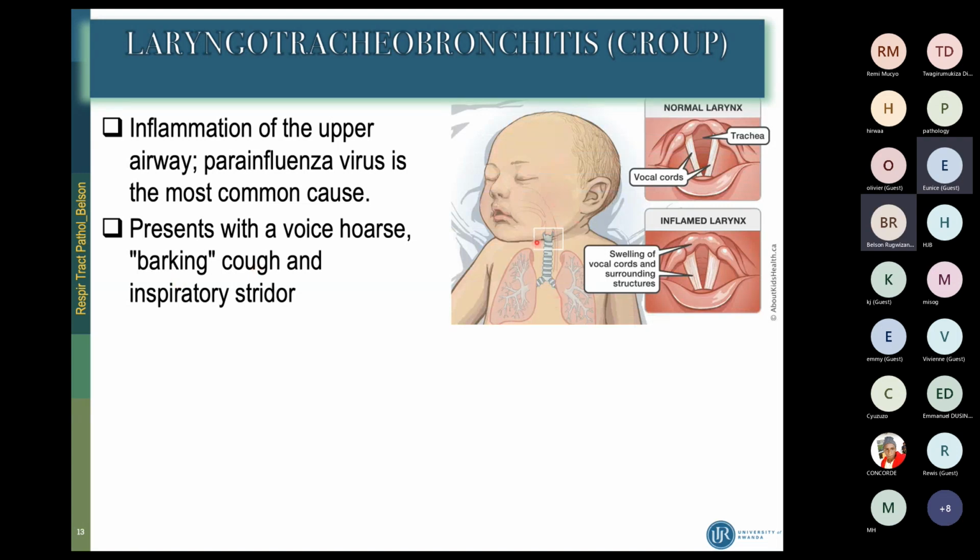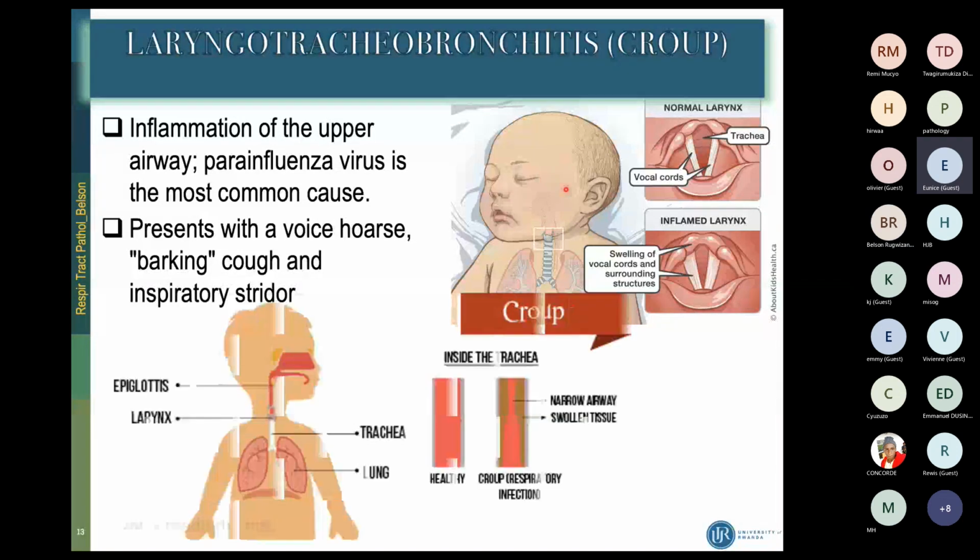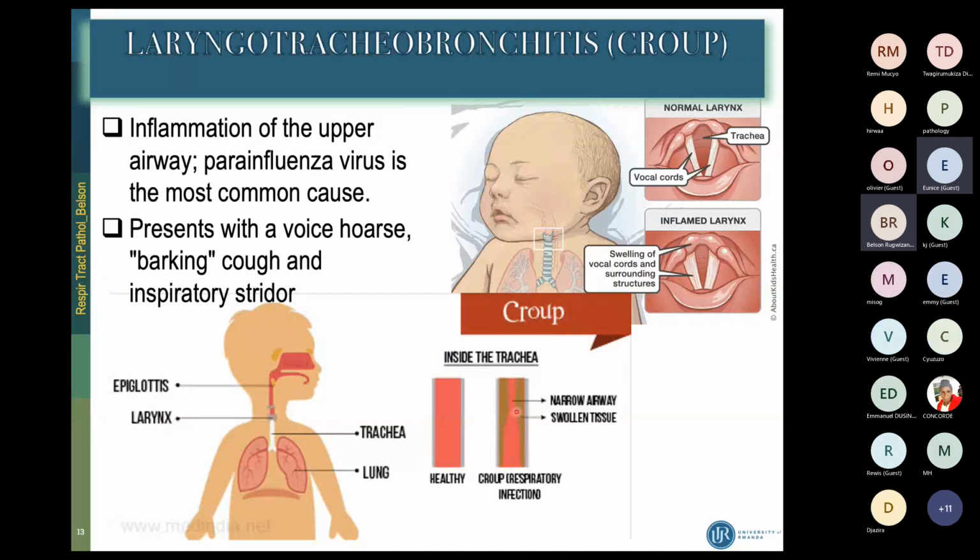So this diagram is showing where the problem is. The normal larynx and then the inflamed larynx, for example, but this inflammation doesn't affect only the larynx, it also affects the trachea and the bronchi. So it is usually called the croup. Here there are diagrams showing what happens. You see that because of the swelling of the mucosa in the trachea, the airway is narrowed, and this can explain why there is a stridor, especially at inspiration, and it may even obstruct completely and